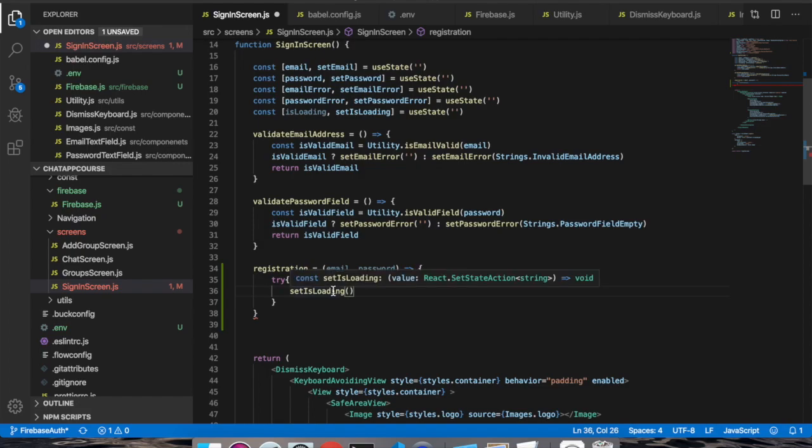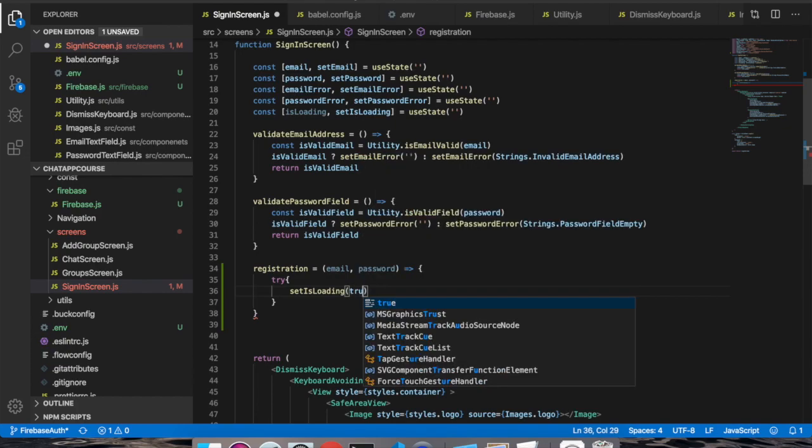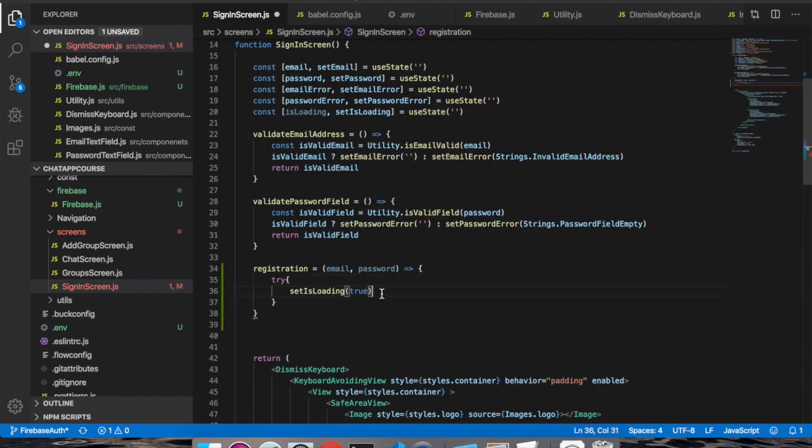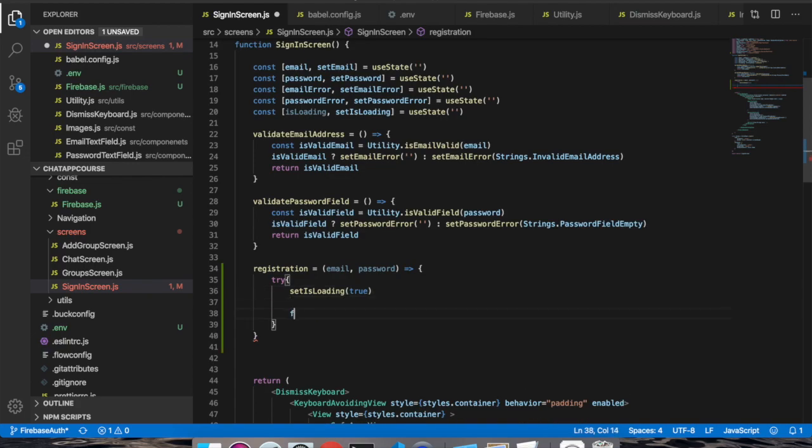So for this, I will be using this setIsLoading hook here. When, okay, true, then we have this firebase.auth.sign in